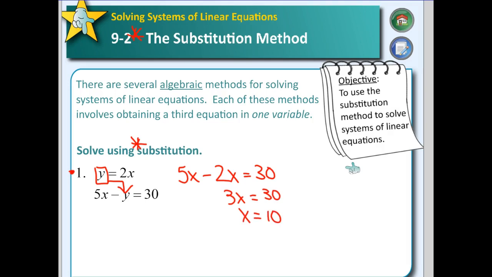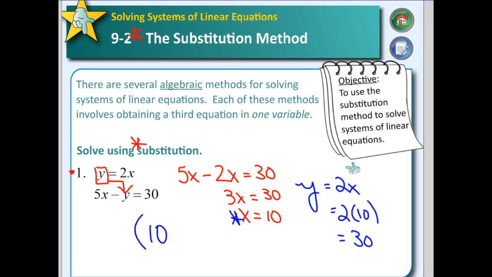Now remember, my answer has to be an ordered pair that satisfies both equations. So now that I have x, I need to take that x and plug it in the y equation, because we said y equals 2x, to find our y, to get our ordered pair. So this is going to be 2 times 10 because we found x was 10, and so this is going to equal 20. Now, when you get done, I want my answer to be an ordered pair. Remember, they go in A, B, C order, so my answer, whoops, this should be a 20, sorry gang, would be 10,